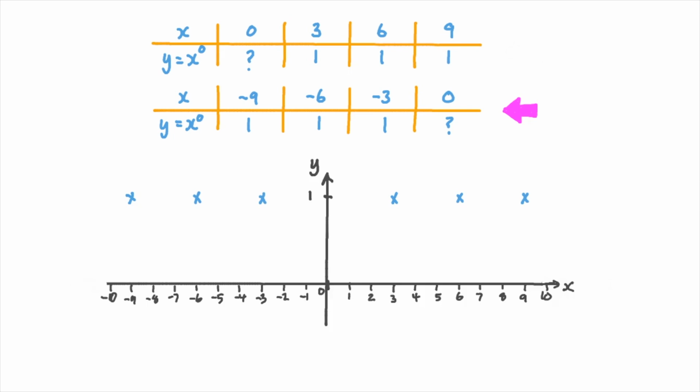Thinking about y equals x to the power of 0, when x is negative as it approaches 0, x to the power of 0 is consistently 1. As x is positive and approaching 0, it's also consistently 1. Surely 0 to the power of 0 must also be 1. The thing is, having a value close to 0 isn't the same as having a value of exactly 0, so